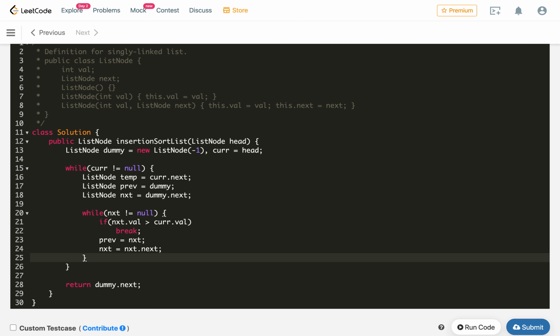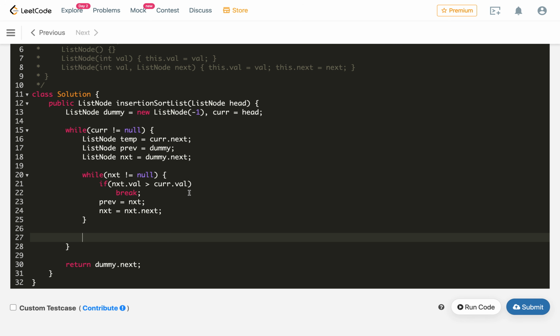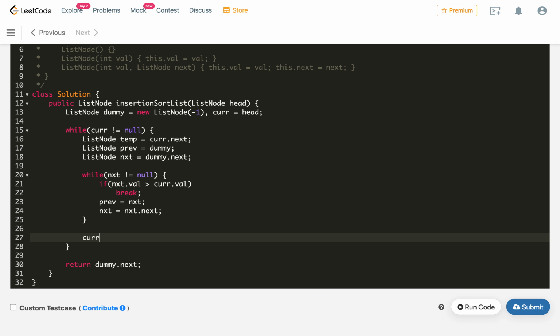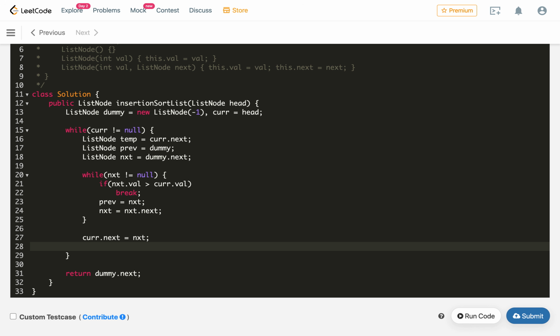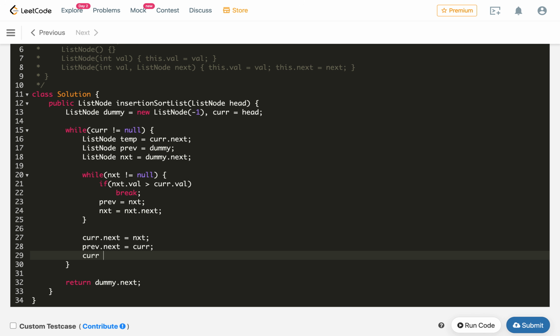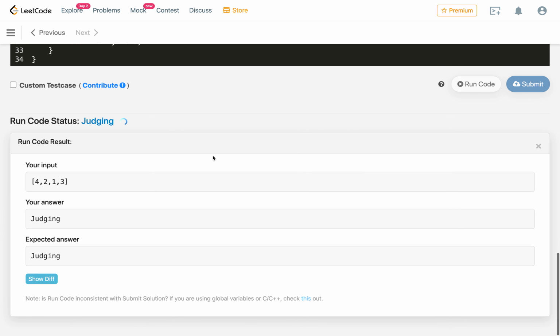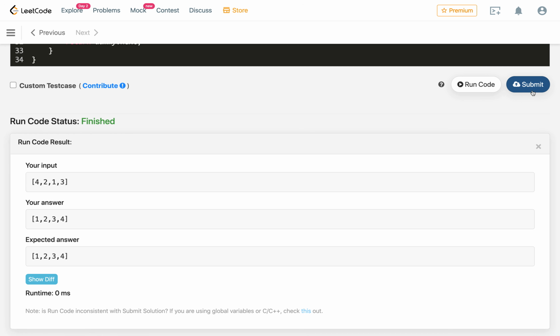So that is how, once we found the place, we need to link, like this part, like we need to change the pointer previous to this, and so we will point the current dot next to the next pointer, and previous dot next will point to the current, and we will update current with the temporary, where we saved current dot next in the temporary pointer. So this is the implementation. So let's compile the code, and it is working. So let's submit the code,